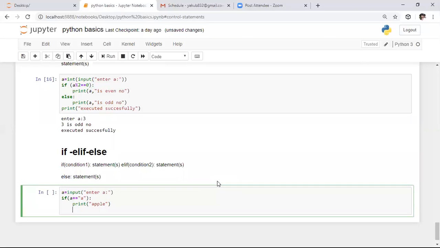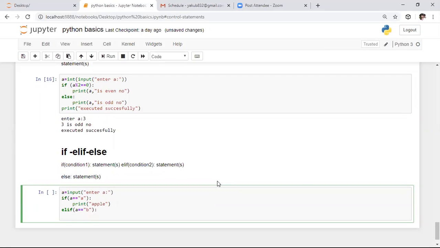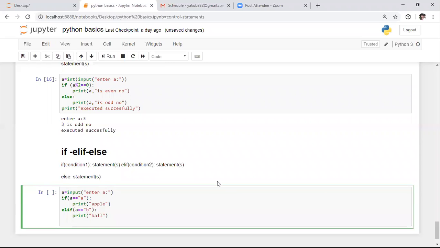Next I want to give an elif condition. If the given input is equal to the character b, we need to print the output ball. Whatever number of elifs you want to keep, you can keep that many.